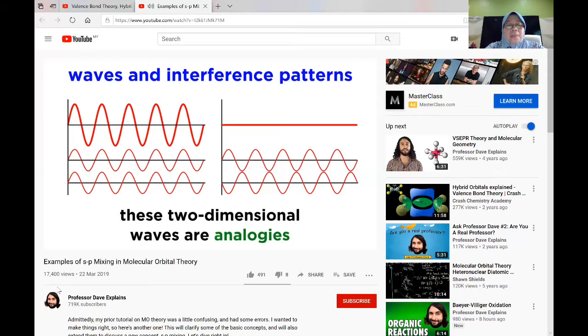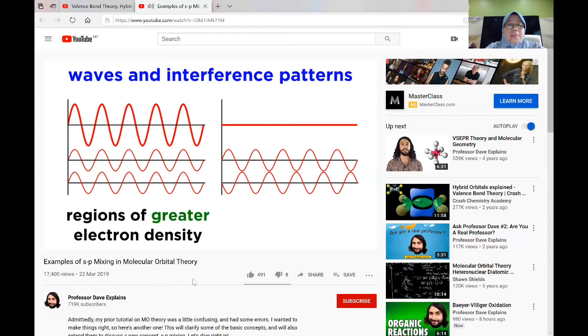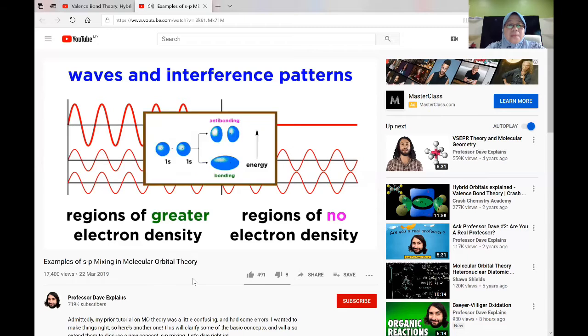For this to make more sense, we simply need to understand that these images of waves are just two-dimensional analogies to help us visualize the type of overlap. Electrons are three-dimensional objects, so the waves are in three dimensions, and constructive interference thus results in regions of greater electron density, while destructive interference results in regions of no electron density, which are depicted by these bonding and